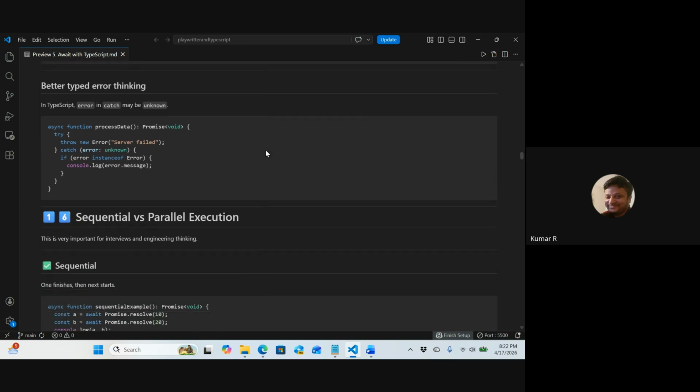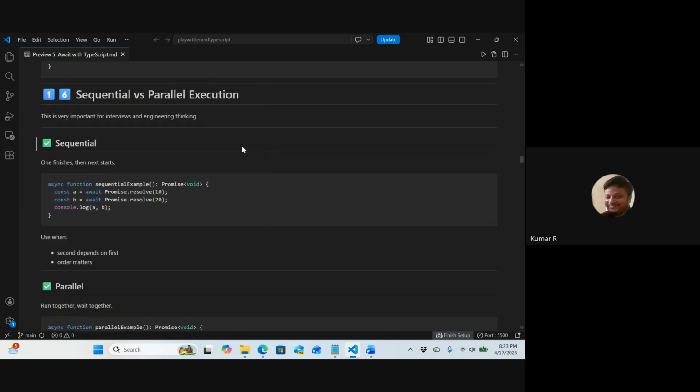Next, better typed error thinking. In TypeScript, the error in catch may be unknown. async function processData(): Promise<void> { try { throw new Error("Server failed"); } catch (error: unknown) { if (error instanceof Error) { console.log(error.message); } } }